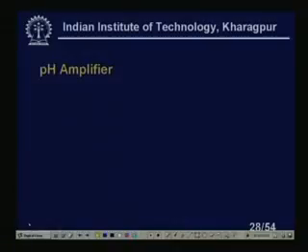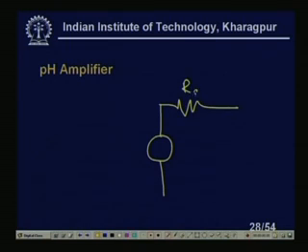Now, pH amplifier, you see the pH amplifier should have very typical characteristics. Since we have a glass electrode, we can consider it as a voltage source. It is like this one, you see, that we can consider as a voltage source. That means I have a voltage source, okay, and with a high source impedance,